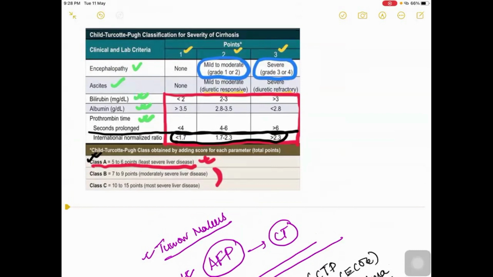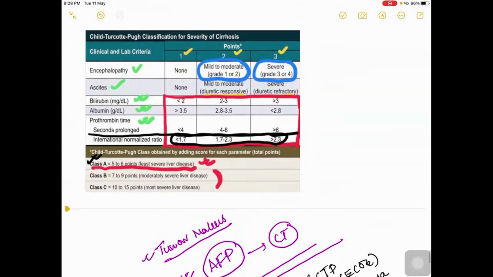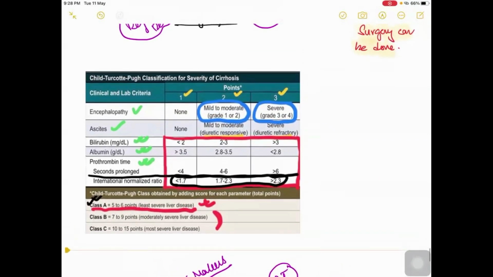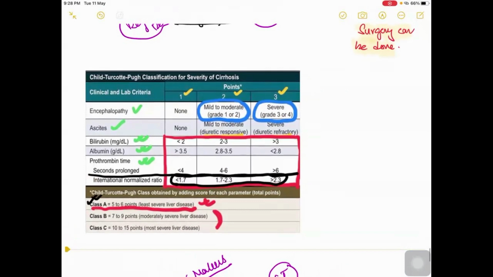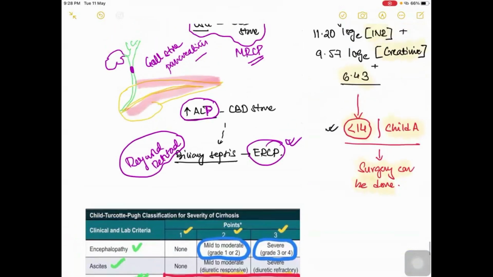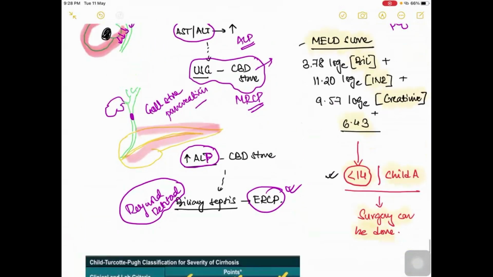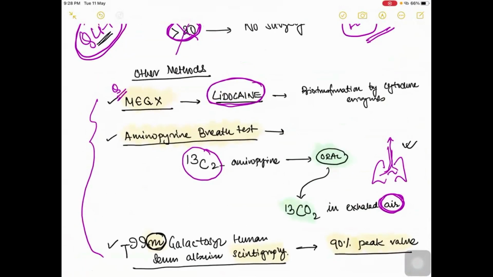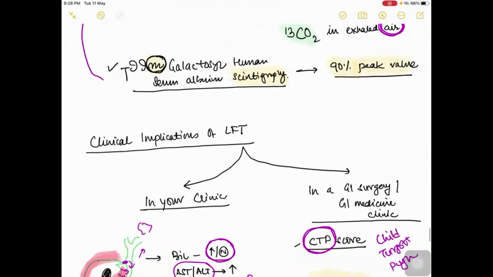Right. Even these are important when you come to resect your colorectal liver metastasis or your neuroendocrine liver metastasis. So assessing the liver function with the CTP score is also very important in cases with cirrhosis where you want to do a liver transplant, especially patients with portal hypertension with variceal bleeding. You need to calculate these, especially this and your MELD score. Okay. So I made a summary of this and I think sir dealt with this portion pretty well. So if you guys have any other questions, you can tell us.